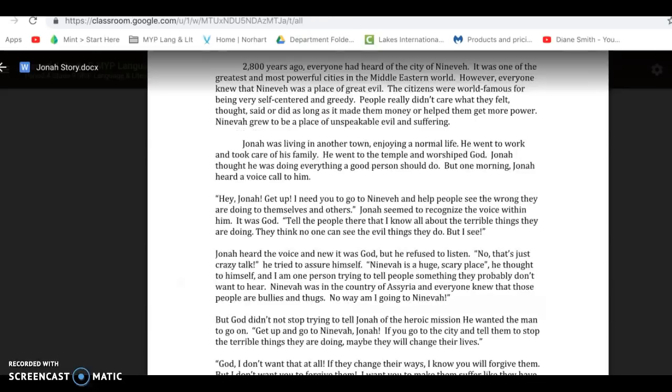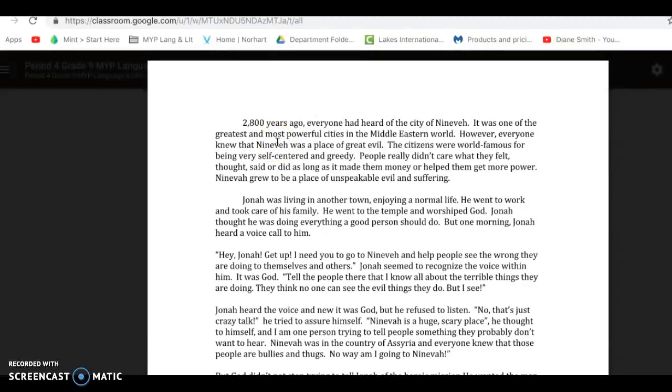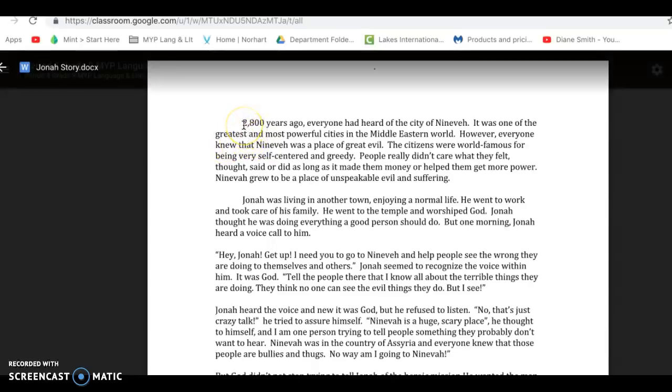Let's go to one of our texts that I'm going to have everybody read. This one's called Jonah, and it's found in a number of different religious texts, including the Bible, the Old Testament, the Torah, and I believe also in the Quran, but I'm not entirely sure. But it's a very famous story. And so